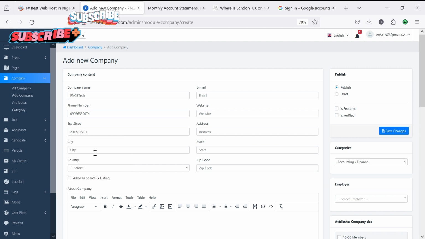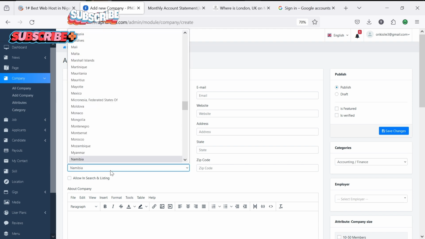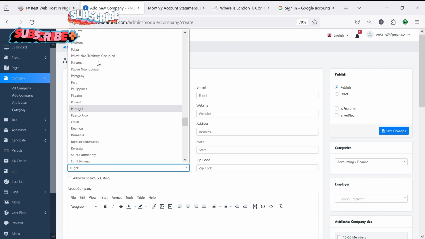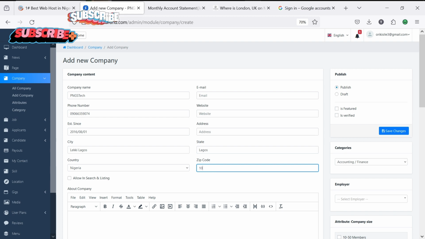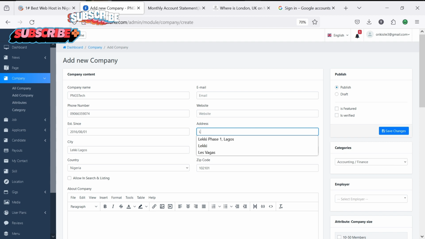City, let me say Lagos. Country, let me say Nigeria. State, I'll call this Lagos. Zip code 1021. Then address,